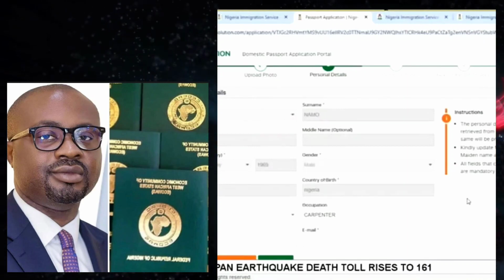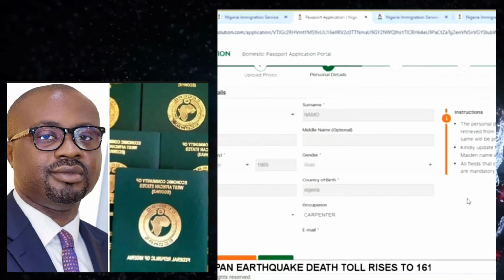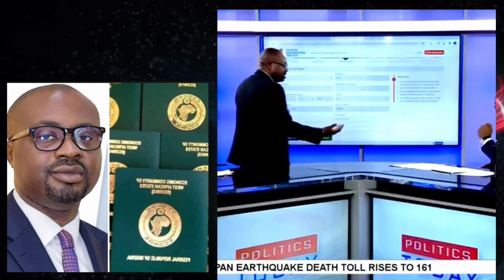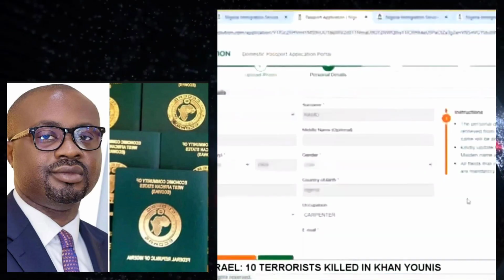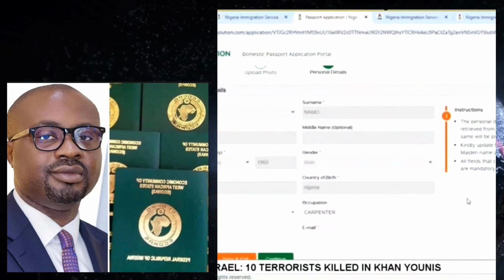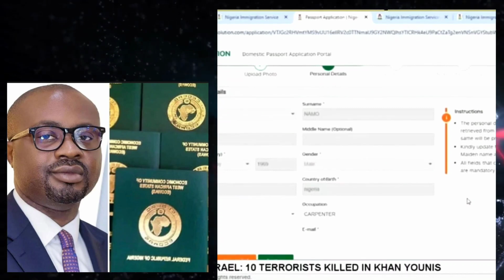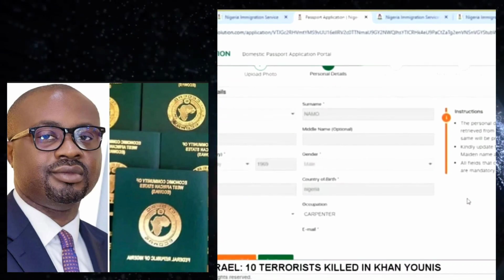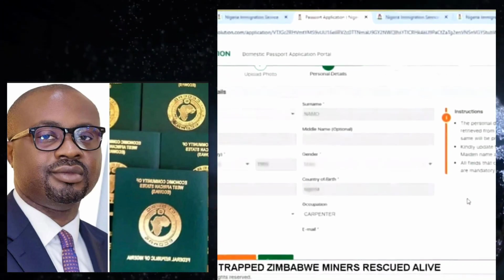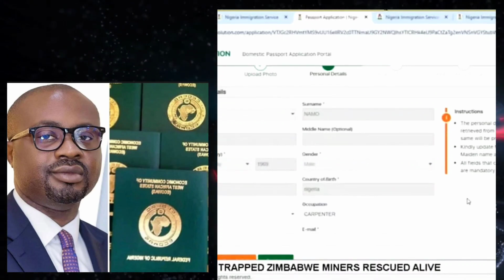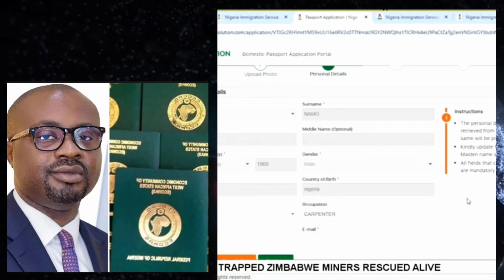So now, when you look at it, we have made sure that some titles cannot be adjusted on this page, because this is to prevent identity theft, identity fraud. So, for instance, if you apply for a fresh passport, not for a change of data, your name is your name. If you want to change your name, then you apply for a change of data. Your date of birth is your date of birth. Your gender is your gender. Your place of birth is your place of birth. It cannot change. Your country of birth is your country of birth. So this is to make sure that there's harmonization.